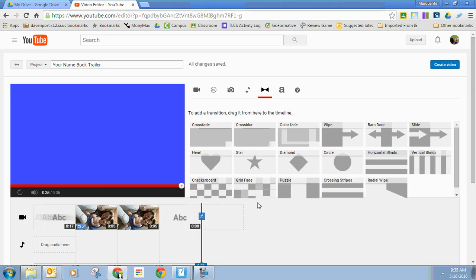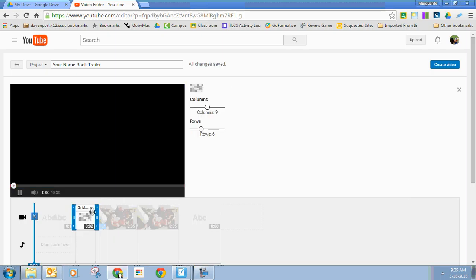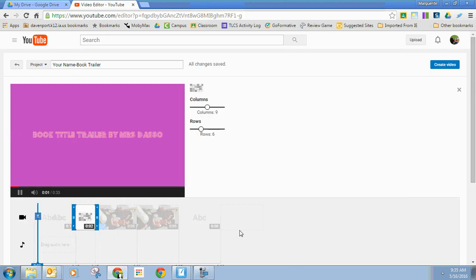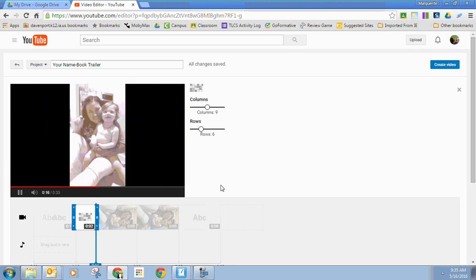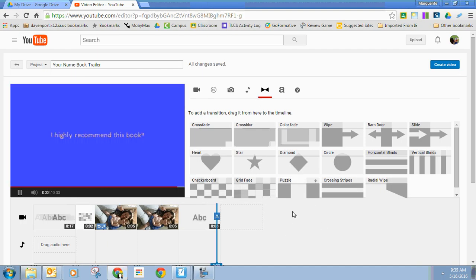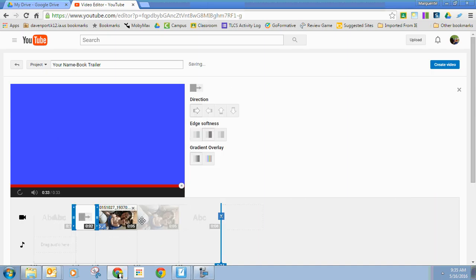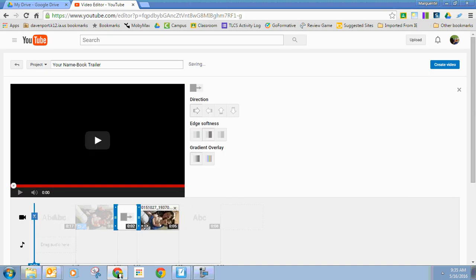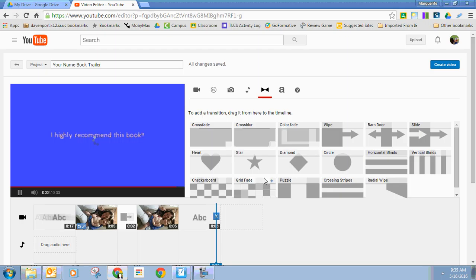So the first thing is there are transitions. So just like in Google Slides, when you move between one picture to, or in one slide to the next, you can add a transition. And then when you've added all the transitions that you would like,